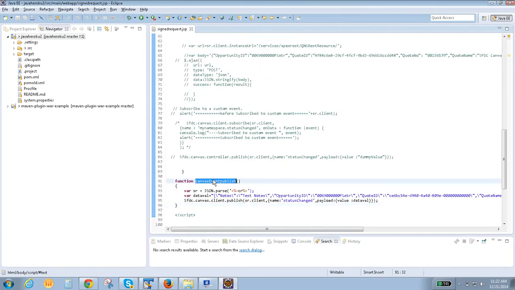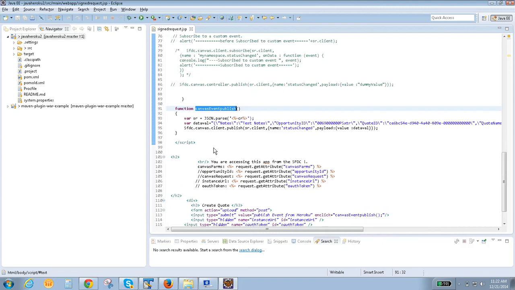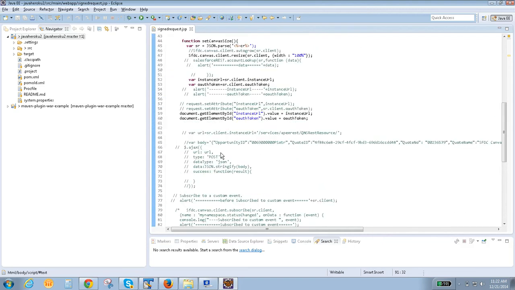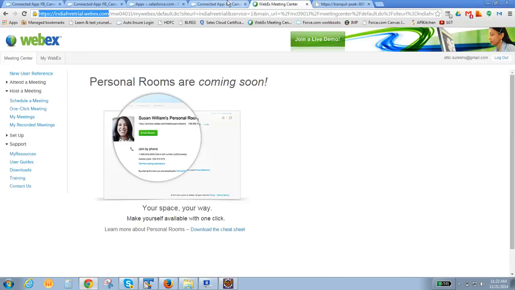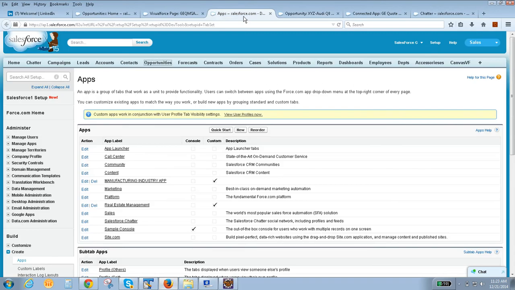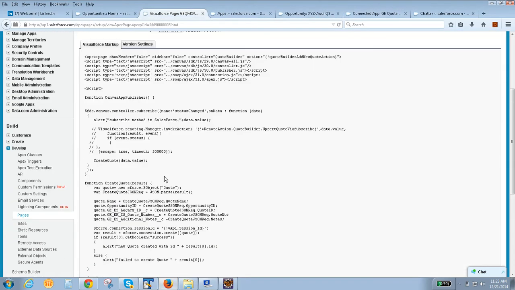Make sure we call this JavaScript function by loading at runtime. I have called it by using a button. Here I click one button, then that button is going to call this particular JavaScript, and it is publishing the event. Salesforce is already subscribed to that particular event, where it takes that data and extracts the data. This is a standard method given by Salesforce, where the data will come in the data variable.